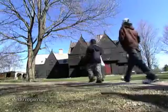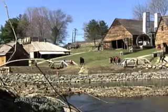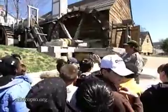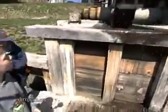So welcome to the Saugus Ironworks National Historic Site. It's a big day for the 5th grade at Ferryway School, just outside Boston. What's this simple machine right here? Wheel and axle, right. This field trip is the highlight of a 6-week project that integrates science,